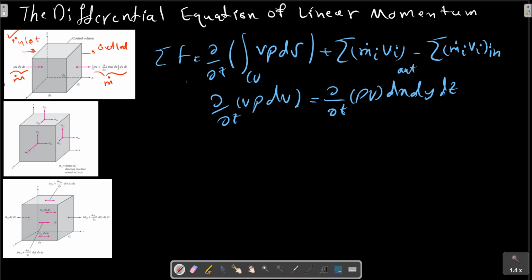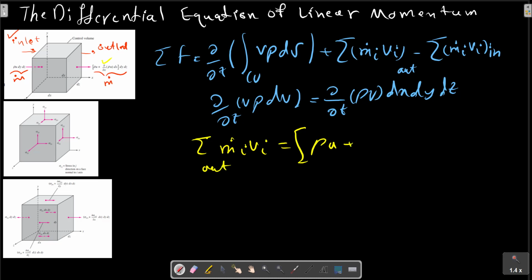This is the first part, and the second part is the inlet and outlet flow of momentum, which can be calculated as the summation of m dot i V i, derived with the outflow, as shown in this picture,